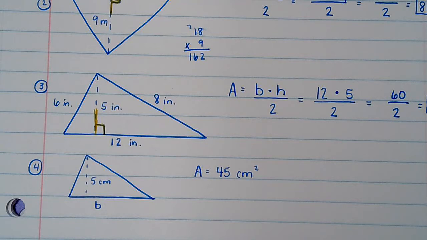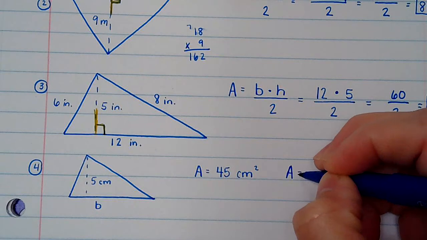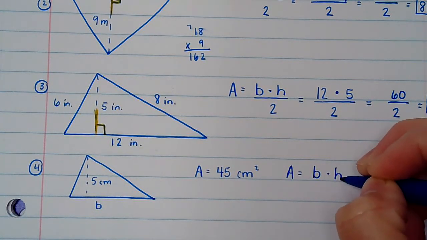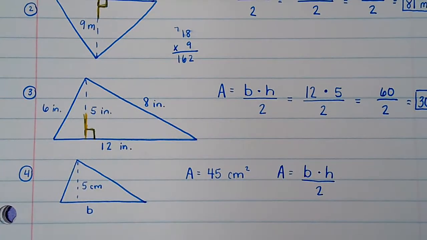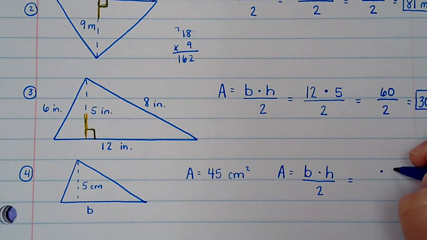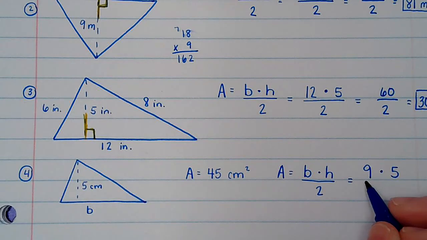Now, every single year, the first answer that people throw out is 9, because obviously if you see 5 and 45, you think, okay, what's the other number that goes with those? And it's obviously 9, which you're not far off. But if we were to plug in 9, remember, base times height divided by 2. If I were to plug this in, well, obviously my height, they gave it to me. They gave my height as 5. And if you're saying the base is 9,